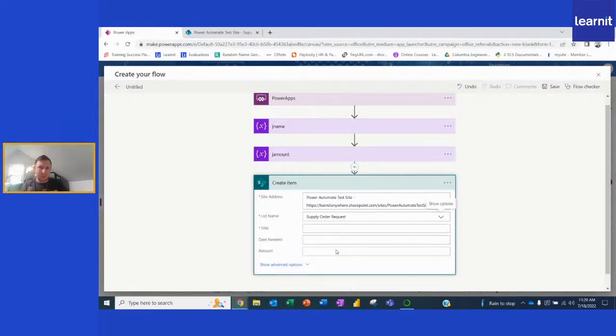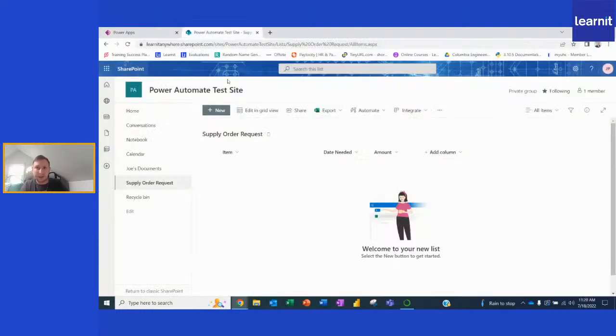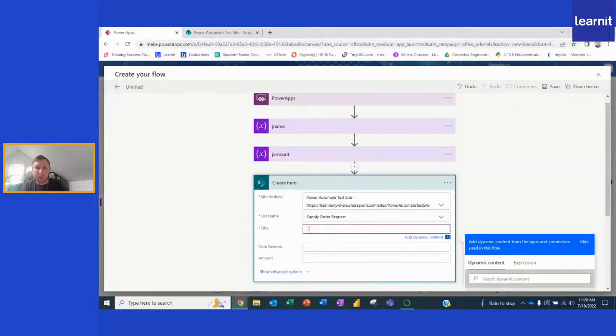And now it's going to take a moment. It'll give more options. So now it's going to say, okay, Joe, there's the title, the date needed, and the amount. And you can see that here. There's the title, the date needed, and the amount. All right. So that's what it's asking for. It's like, well, how are we going to know what goes here? How are we going to know what goes here? Well, what goes here is